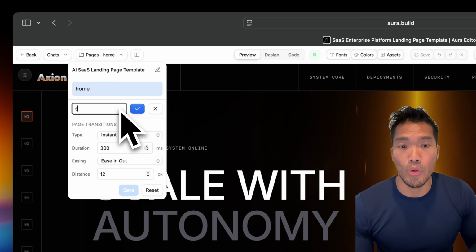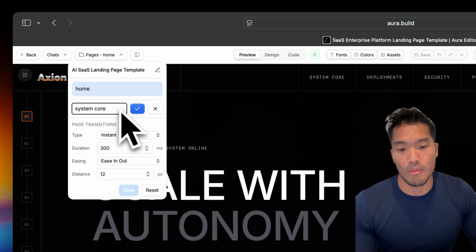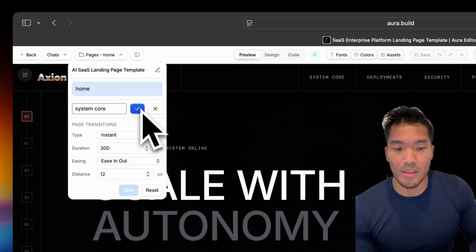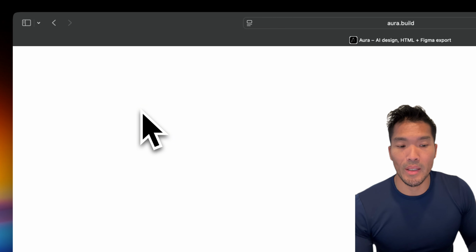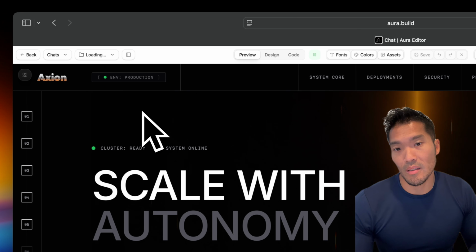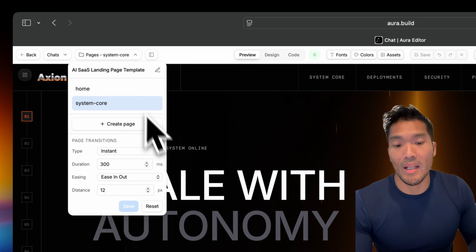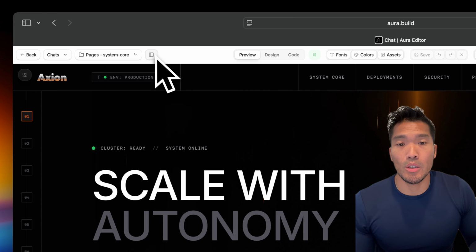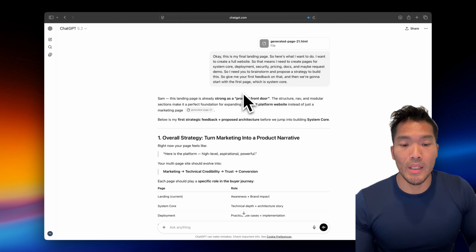enter the name of your new page, and hit the check mark. Now, one important thing to understand when you do this, it creates an exact duplicate of your page. In this case, the home page was last selected. But before we jump in and start adapting this page into the system core page, we need to prepare the